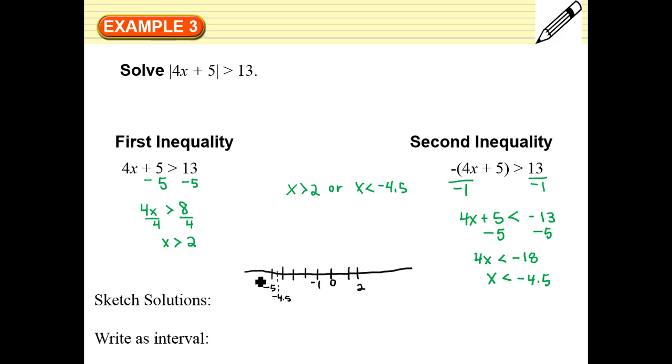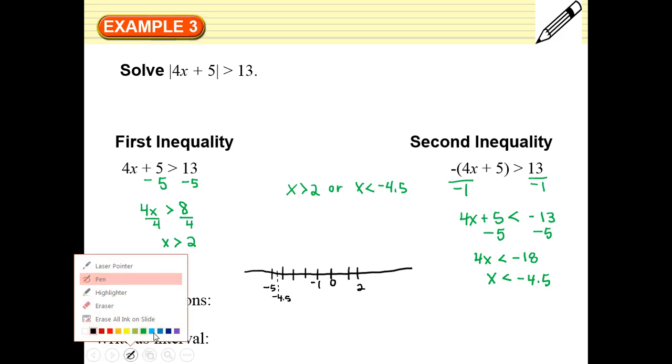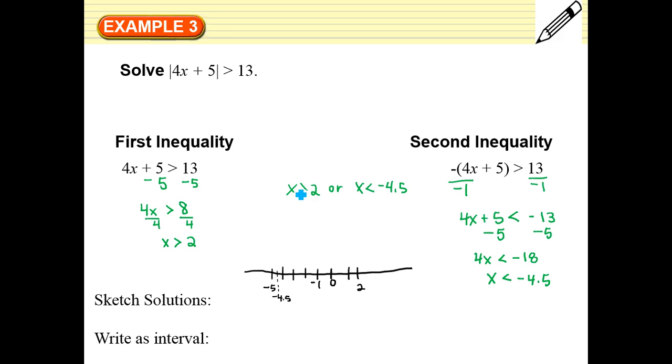Okay, so we've got the negatives over here, we've got the positives on the right. And if I'm going to sketch the graph, I would say x is greater than 2, so I'd come to 2, make an open circle, and everything greater. Then x is less than -4.5, so I go to -4.5, and it's an open circle, and I want everything less. And because I have two sides, one going in one direction, one going in the other, it is definitely an